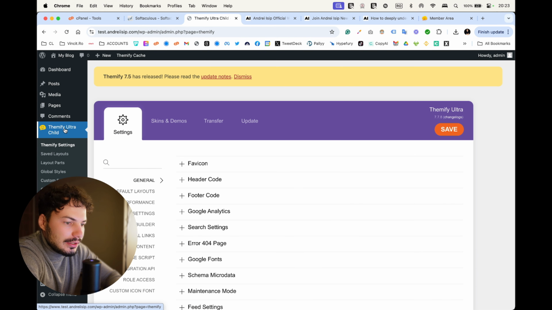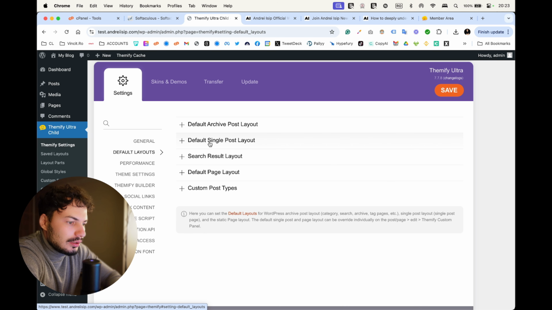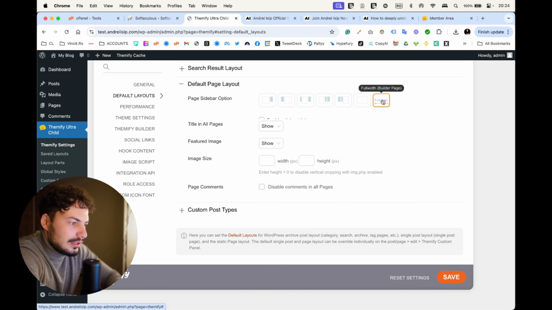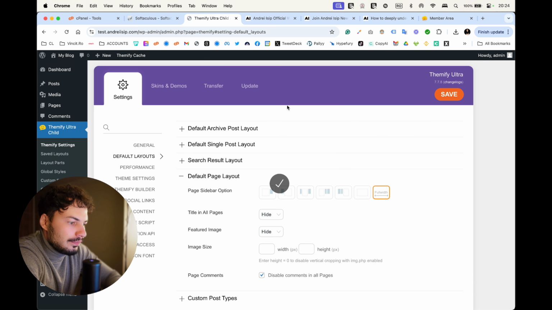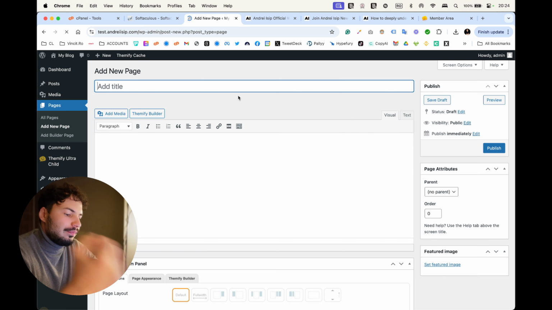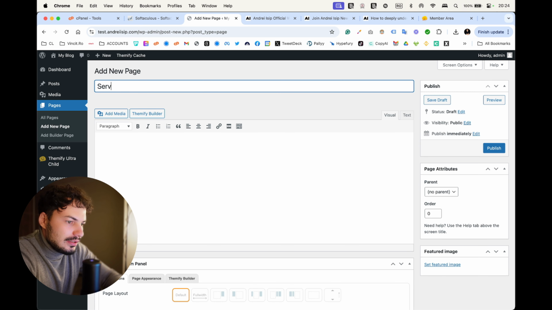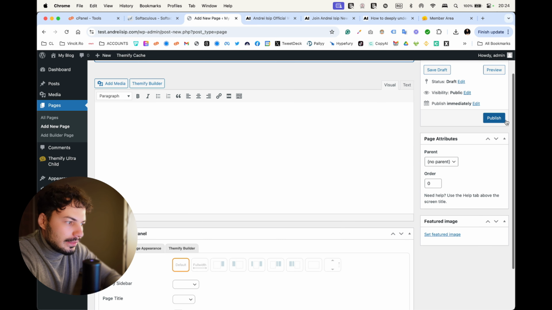This is our theme right now. This is our layouts, default single page layout. Let's find out. Single post, default page layout. I'm gonna press here, no title, no feature image, and no posts or comments. Save. Now when we go to pages and we create a page, let's say services, we will have our default option here. Press publish,